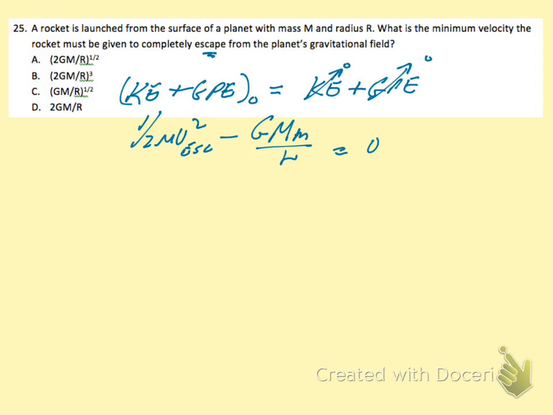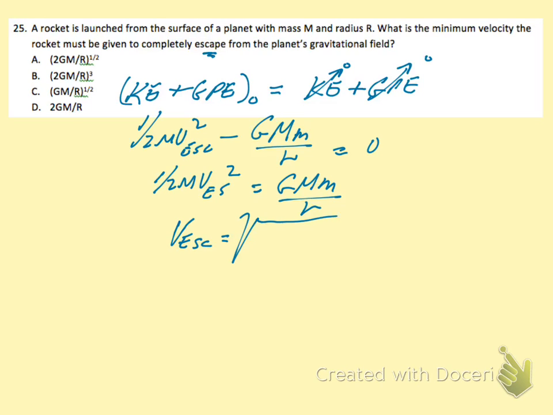All right, so let's keep velocity on one side and put the gravitational potential energy on the other side, big G, big M, little m over little r. Multiply both sides by 2 and divide by mass, and then take the square root. We're going to get the escape velocity equals the square root of 2 times big G, big M, little m over little m times r. The little m's would cancel, so we're left with square root of 2 big G, big M over little r,